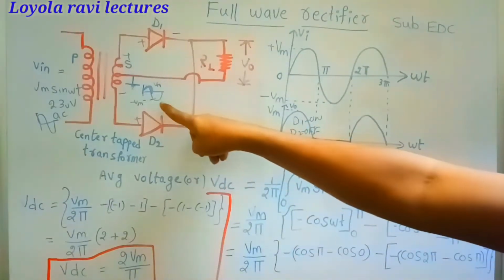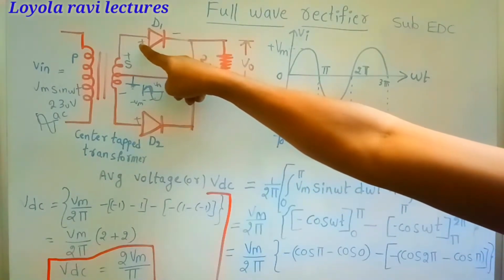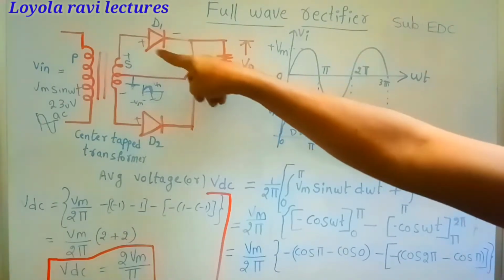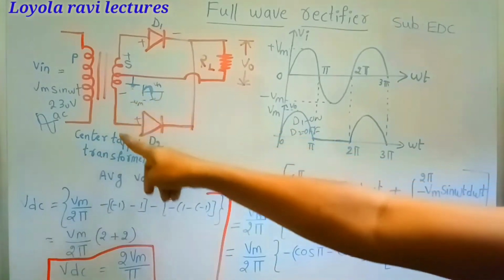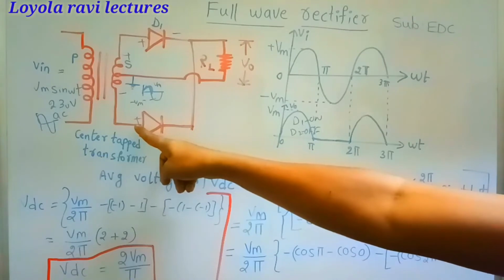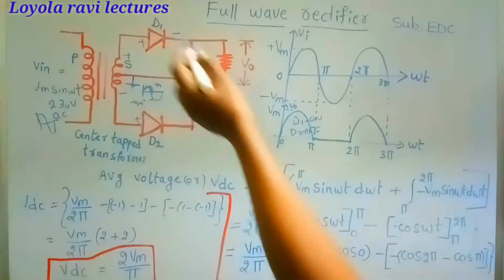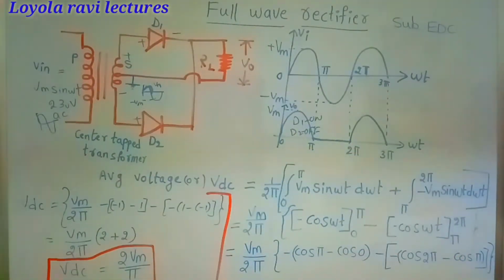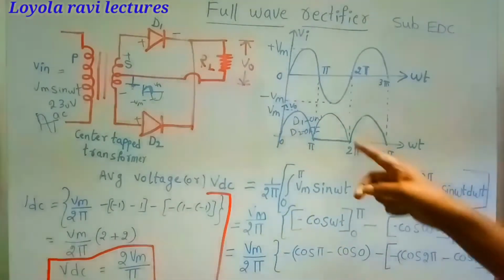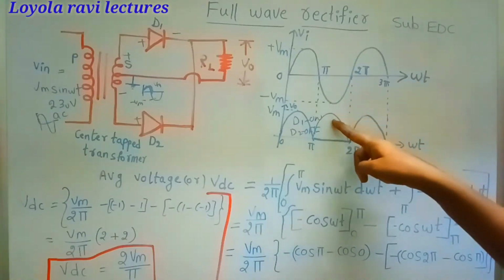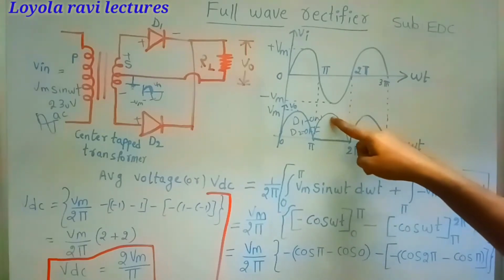Similarly, for the negative half cycle, negative is connecting to the diode anode, that is why D1 does not conduct. Again, negative is connecting to the negative, negative into negative, and positive is connecting to the diode anode, that is why D2 is on. For the negative peak, D2 is on and D1 is off. Then we will get the output like this. For the negative peak, we get Vin as the output in the positive portion. This voltage is Vm.